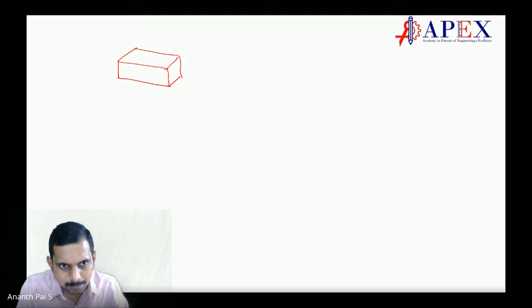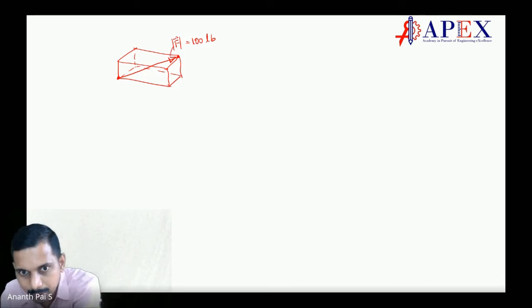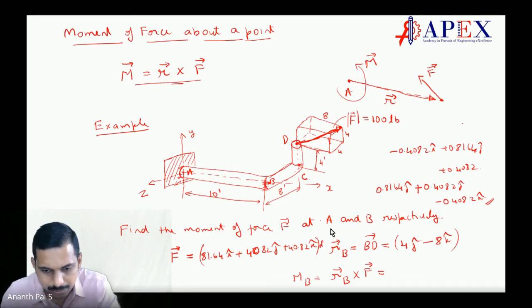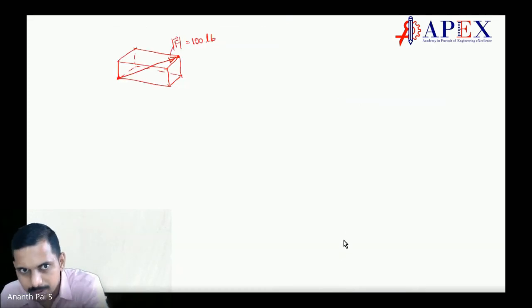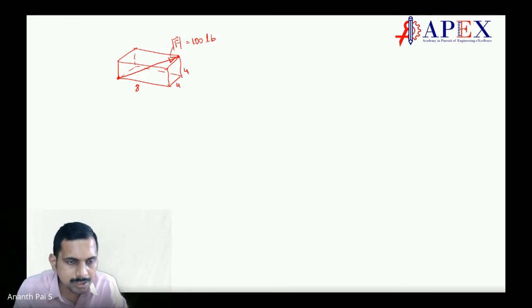So this point is over here. This point is over here. From this point I have to go till here, correct. This is F. And the magnitude of F is given as 100 pound. Fine. Oh, sorry, that is pound then. I'm sorry. This is pound, students, okay. This is pound force. So now 100 pound is the force here. So this is 8. This is 4. This is 4.